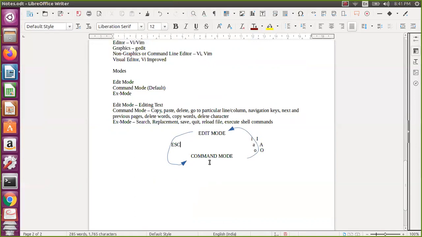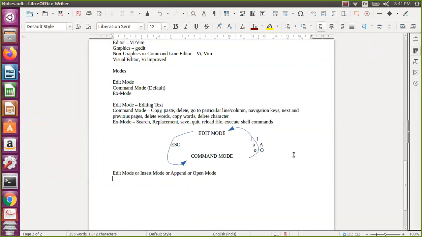So let us start with our edit mode commands. In edit mode, you know that you are editing the text, nothing else. Since it is I, capital I and so on, edit mode is also called insert mode: I stands for insert mode, A stands for append mode, and O stands for open mode.